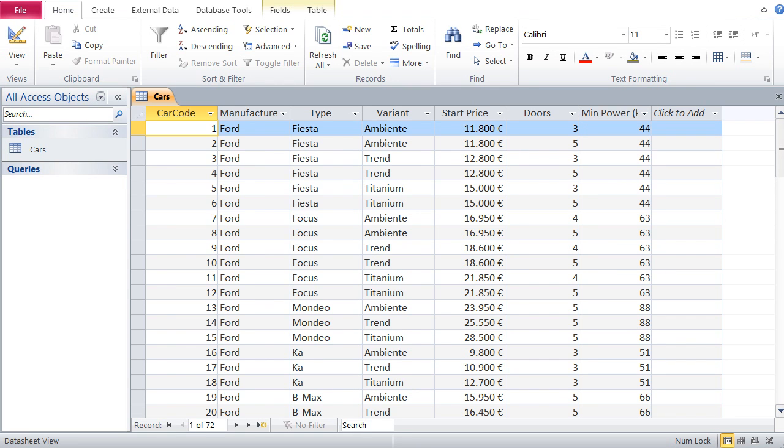Hi guys, in this video we're gonna tackle queries in more detail. This is the table I got with the cars I have and the different data for those cars, and now we're gonna build several queries based on that table. And we go to create,